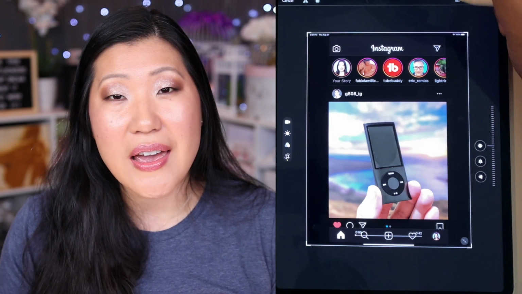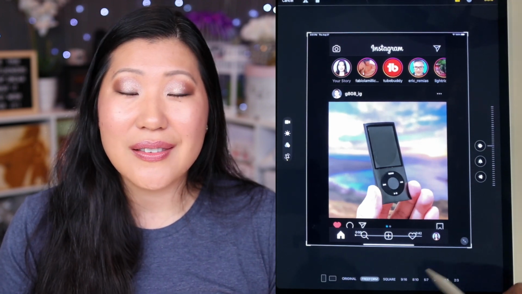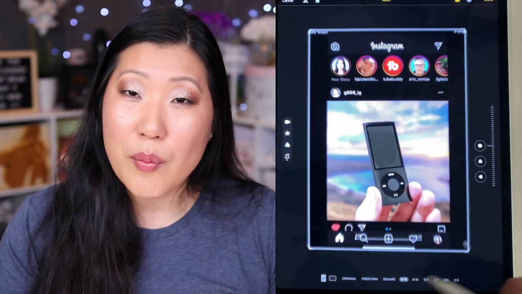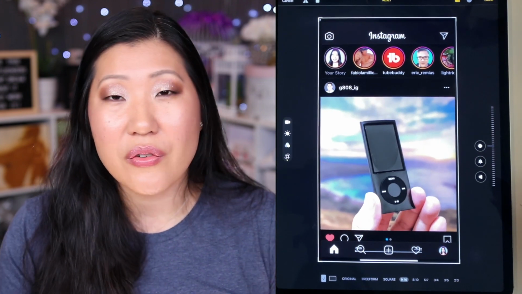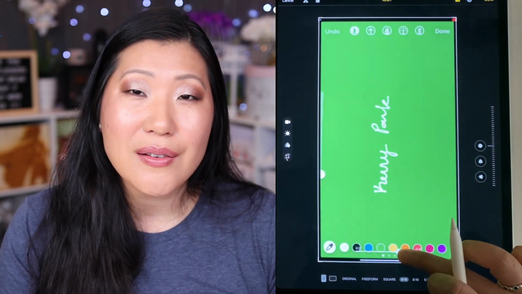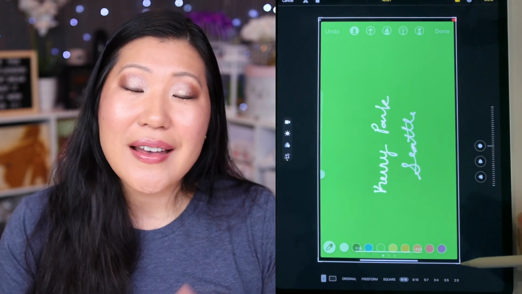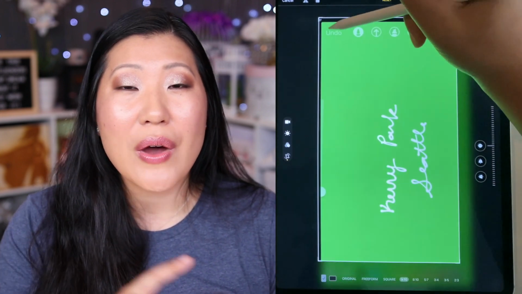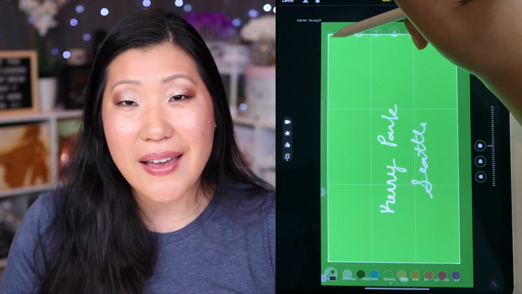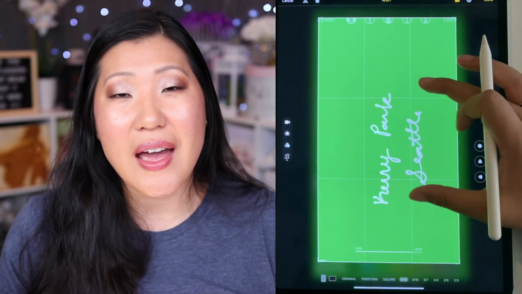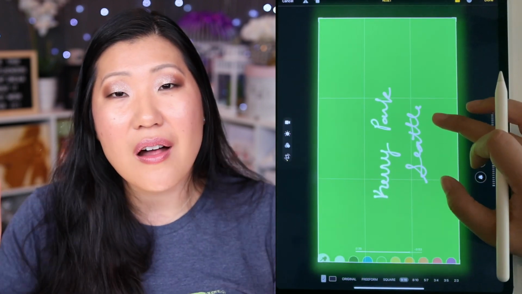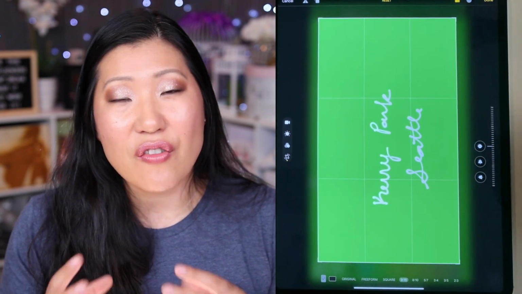Now that that recording has been saved to my photo roll, I'm going to go open it. The first thing we're going to do is give it a crop. Now I know that this is going to go on a video. Of course, you could do this in a square or a 4x5 or whatever dimension your video is going to be. I know that mine is going to be, in this example, a 16:9. So I am going to go to the pre-done sizes in the crop option,